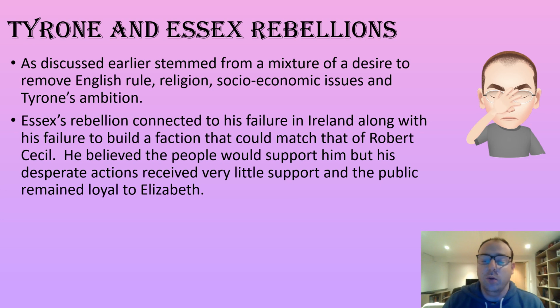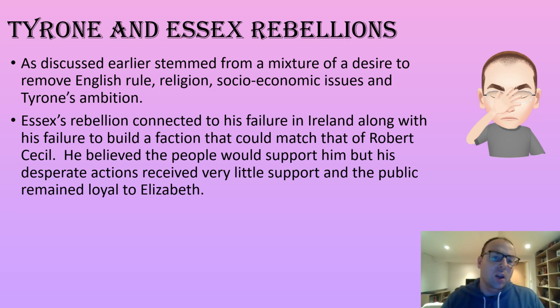It is important to note that the Northern Rebellion wasn't the only rebellion in Elizabeth's reign. We've looked at the Tyrone Rebellion already, and this again stemmed from a mixture of desire to remove English rule, religion, socio-economic issues, and Tyrone's own ambition. The Essex Rebellion really is connected to the Tyrone Rebellion, as in it is connected to his failure to deal with it, and there are some suggestions from sources that there was a degree of collusion